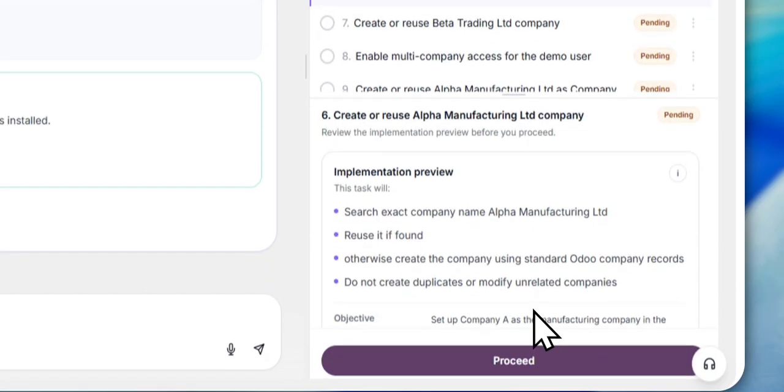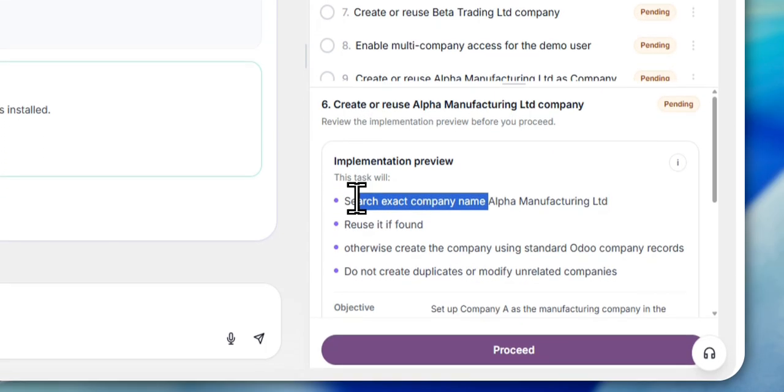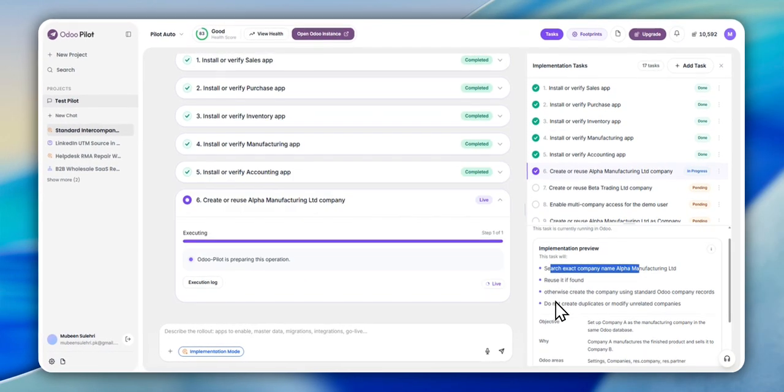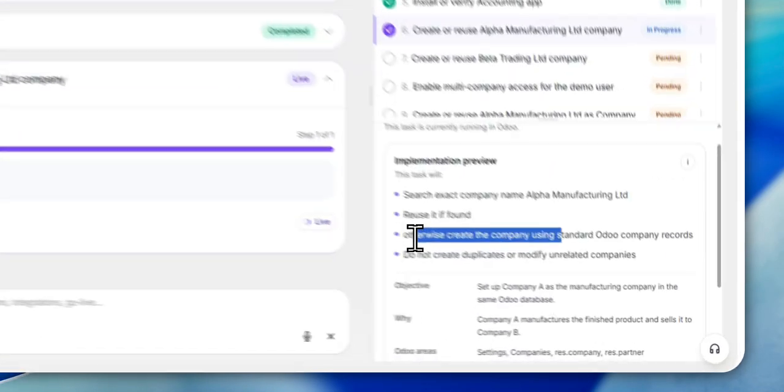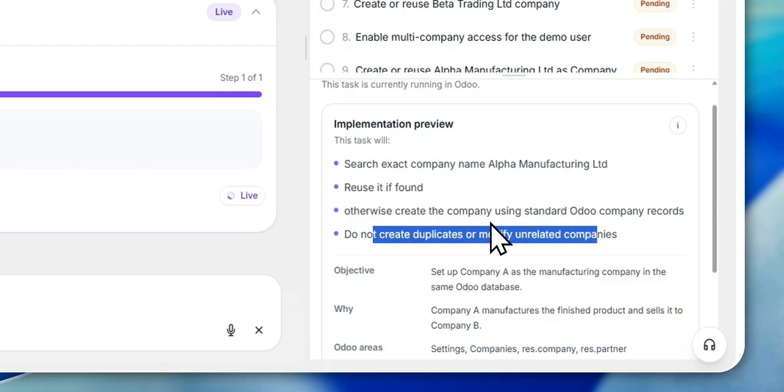In this prompt you can see it will search for Alpha Manufacturing Company. If it is not in our database, it will create a new company named Alpha Manufacturing Limited. These are the instructions that we have passed.